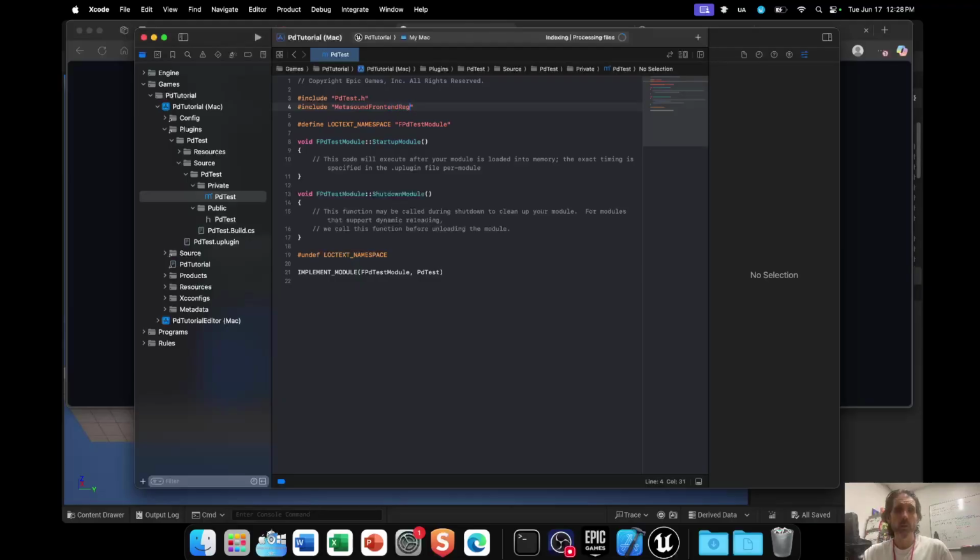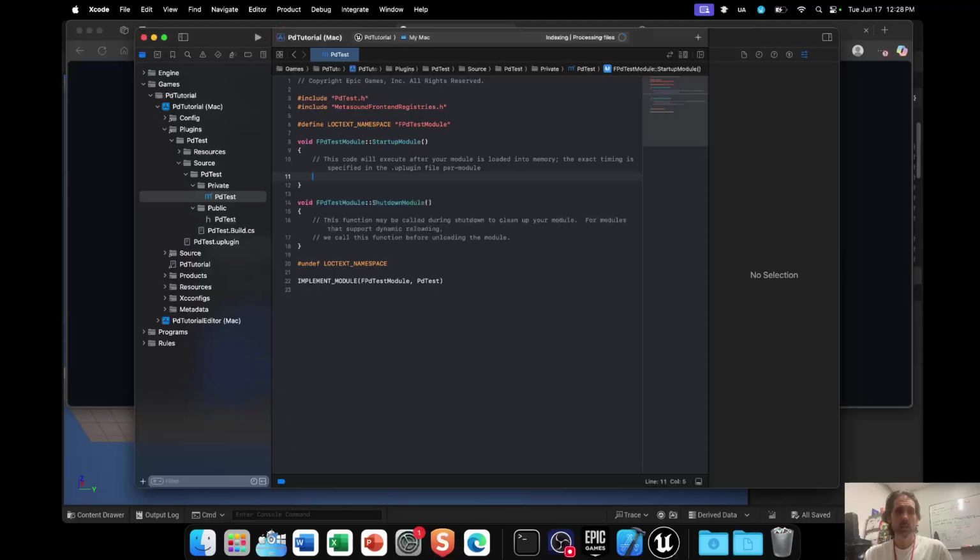So it's FrontendRegistries.h. You need to load that, and then you put this line of code here. And I found that with Xcode, it does not load the API with autocomplete. I don't know what I need to do to Xcode to get that to happen. It does work in Visual Studio on Windows very well for me, but